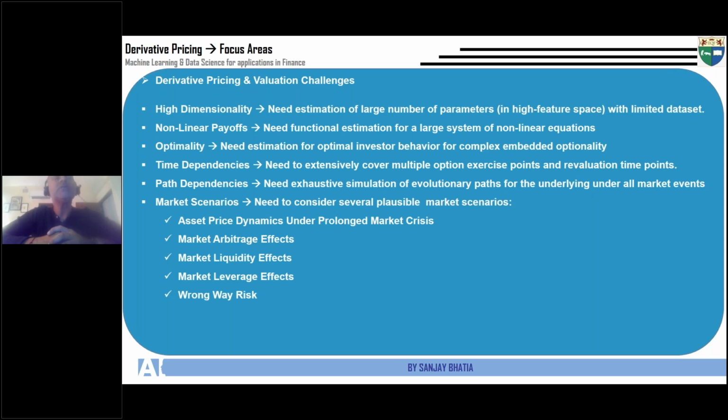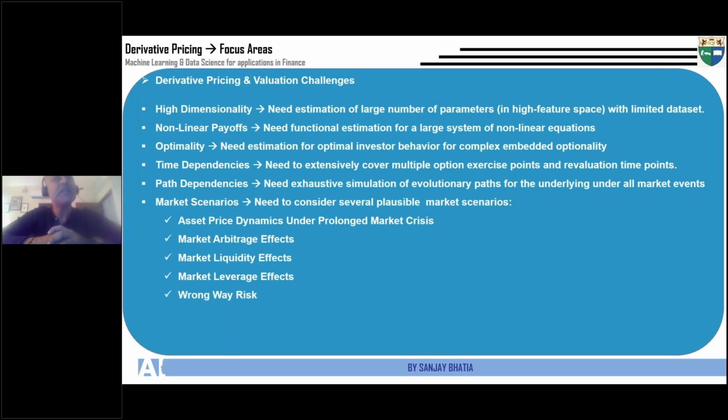But it's more so the case with those which are time dependent options, right? Maybe Asian options, Bermudan options, American options, right? So throughout the lifespan of the option, you could exercise the option at multiple points in time or at any time, right? And then the model needs to extensively cover